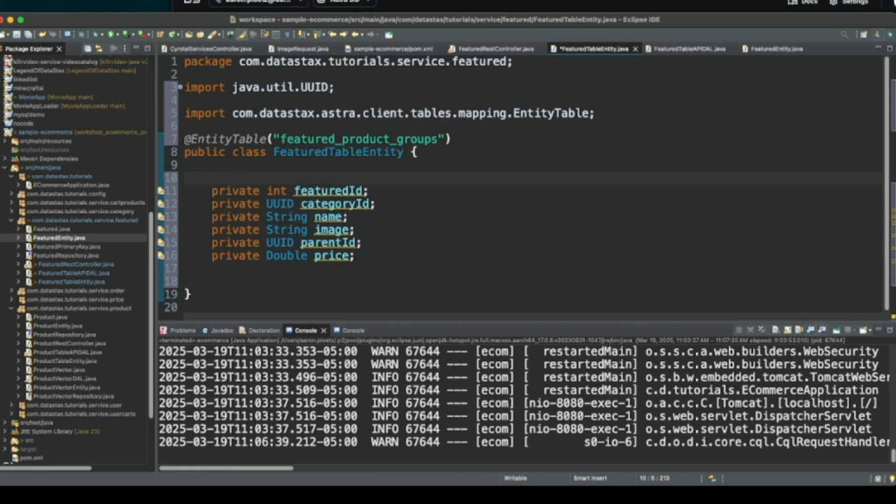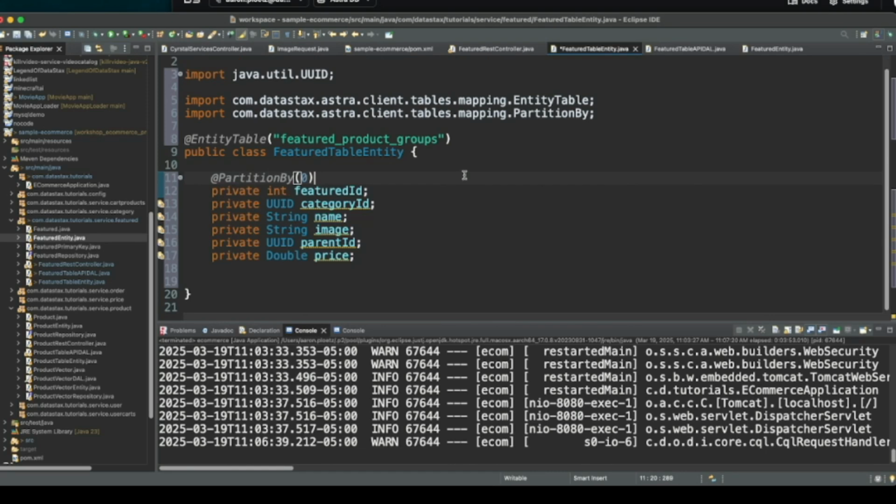So the first thing I need to do is specify and let the table API know what our primary key definition is. And I'm going to do that by partition by 0. Now, notice it takes 0 as the ordinal position of the column inside of the key, and position 0 is held by featured ID. So that's all we need to do there.